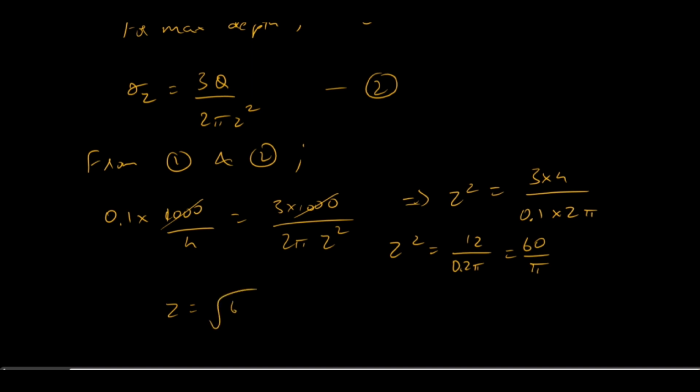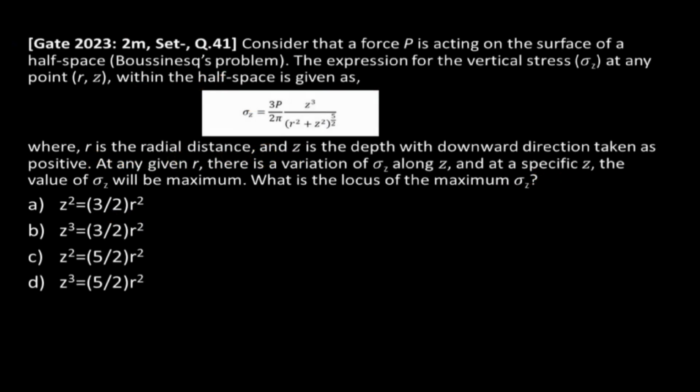Z will be equal to root of 60 by pi, which is nothing but 4.37 meters. If you see this question, they have given us the equation and they have also given the condition